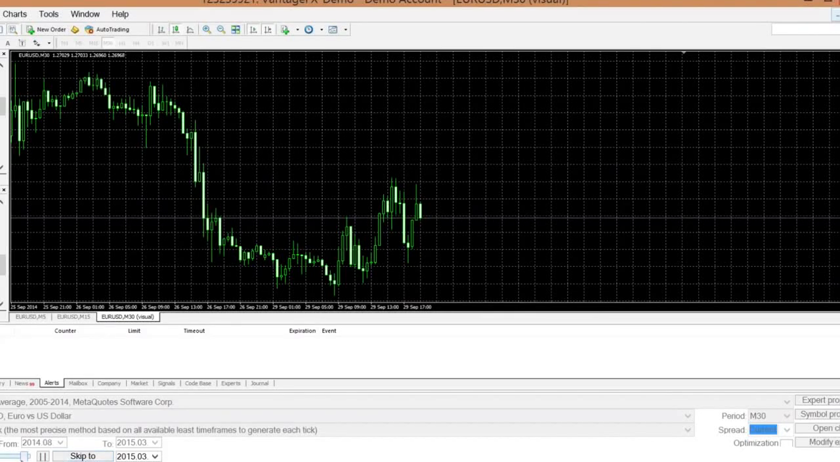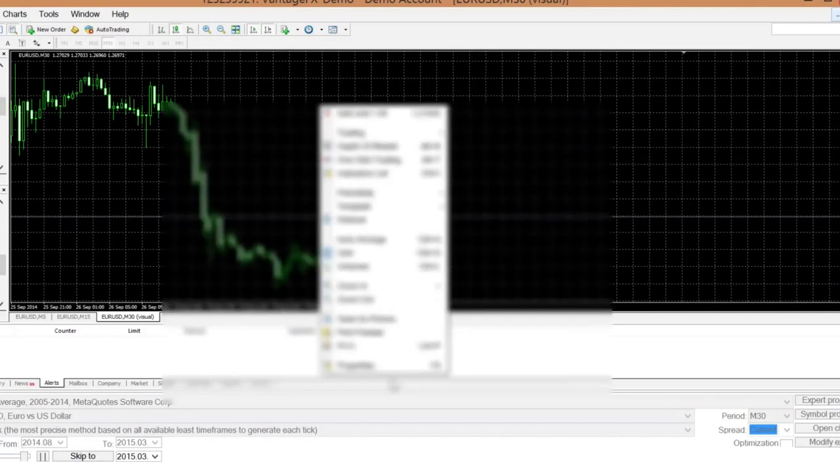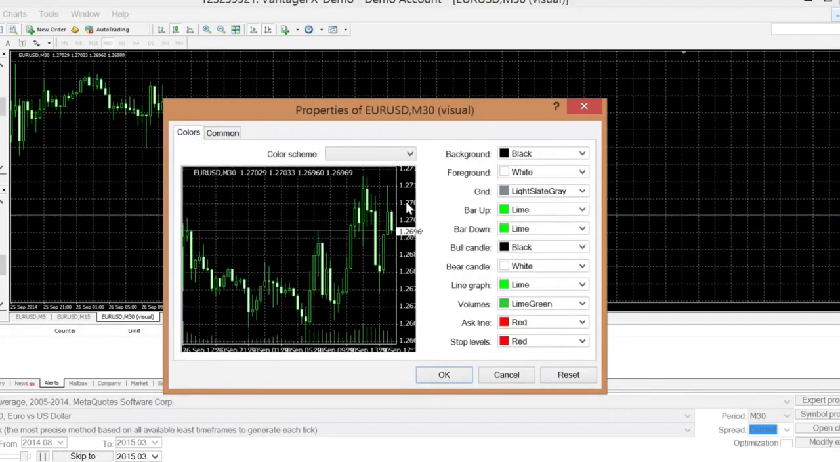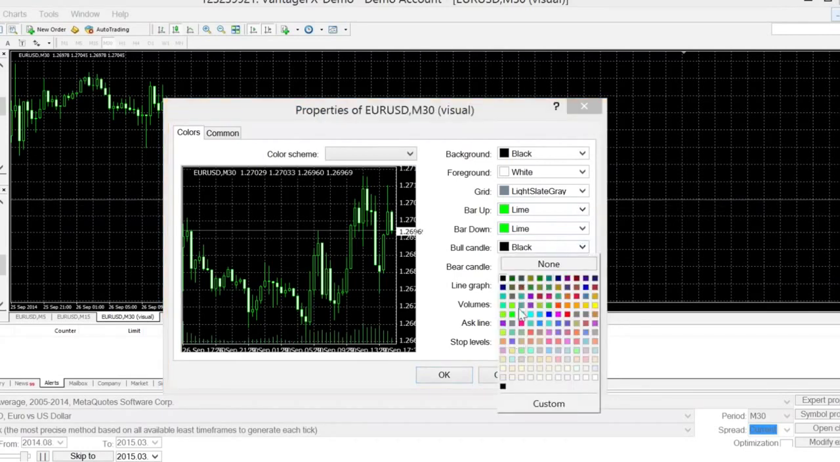And I'm just going to speed this up, and you'll start seeing the arrows appearing. One thing I'm going to do is turn off the auto scroll, so we can scroll at a normal speed instead of it going crazy. And we will change the color so it's easier to see,